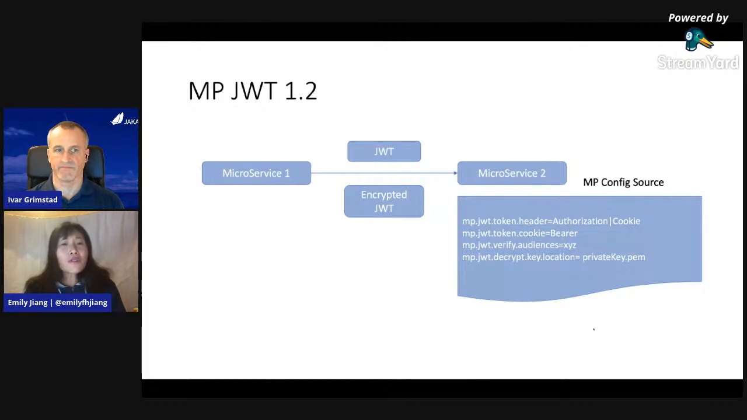Also, in the previous version, MicroProfile JWT only supported signed JWT. In this version, it also supports encrypted JWT. So this is a signed JWT, this is a JWS, and then the